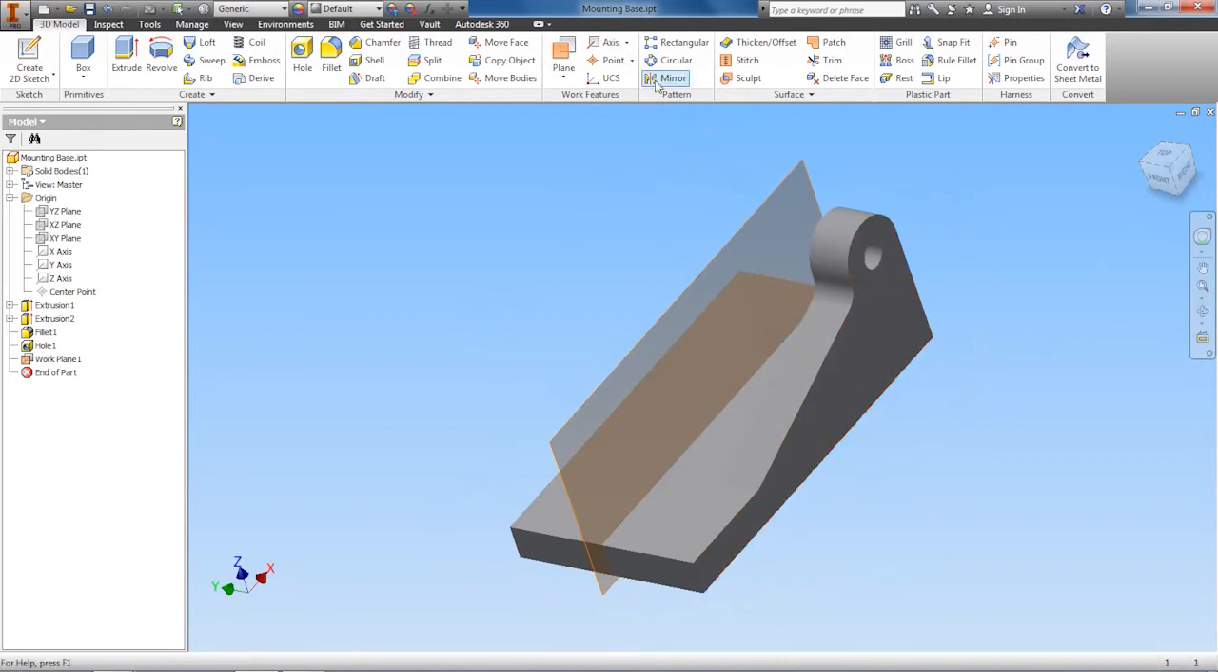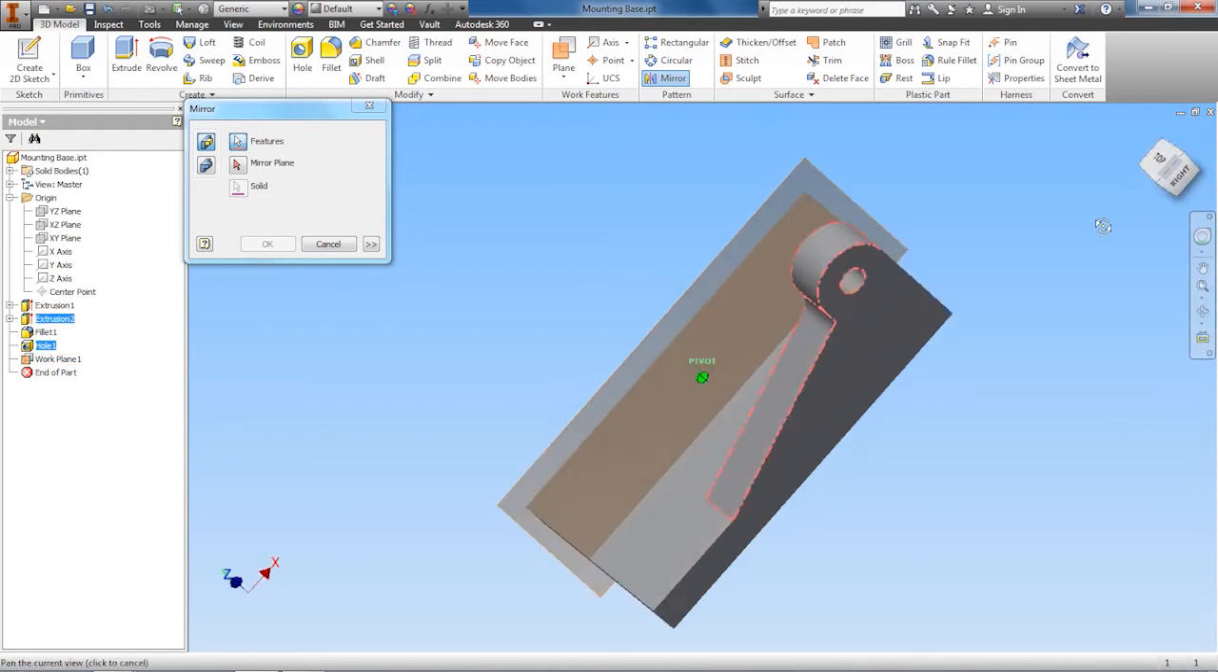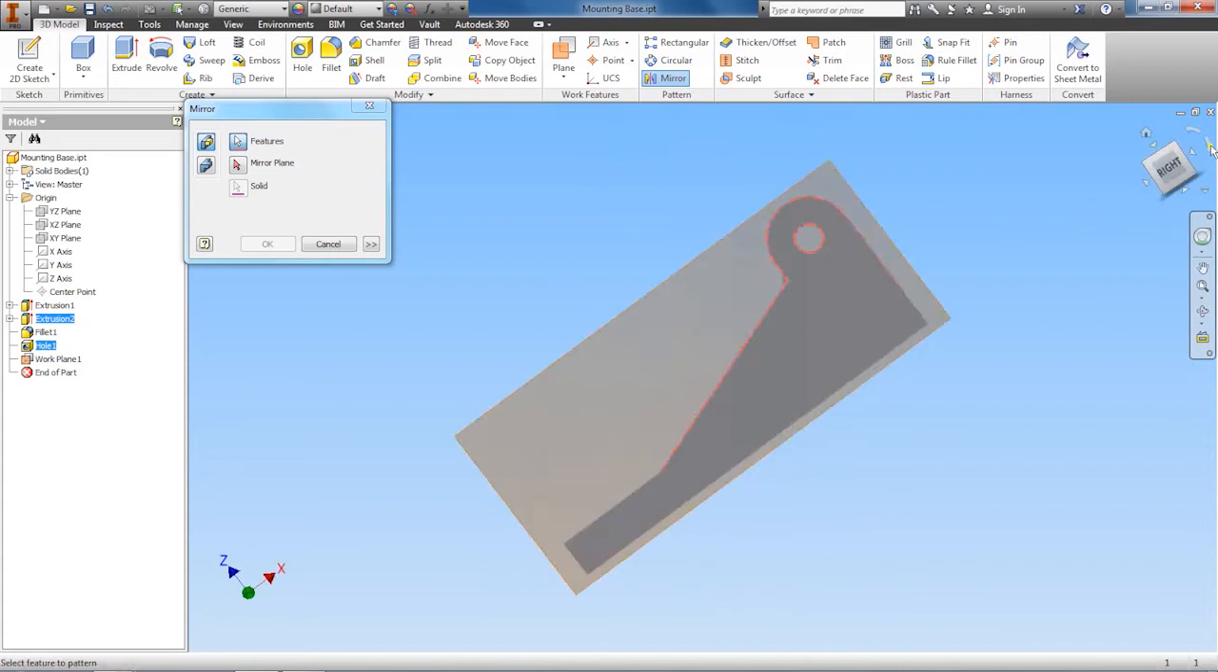So I'll go over to mirror, and when you select mirror, the first thing that it wants you to select is the features that you want to duplicate. So what are the features? We know one of them is this hole here, right? Another one is this drawing here, or this extrusion here, right? And hopefully it's selected. Everything you see in the dashed lines here,